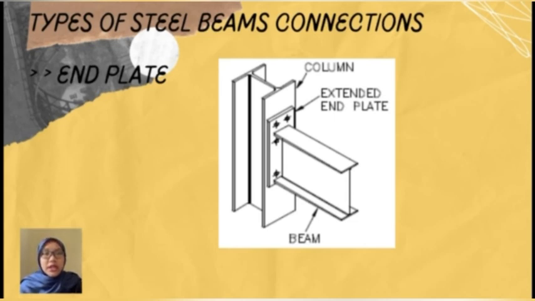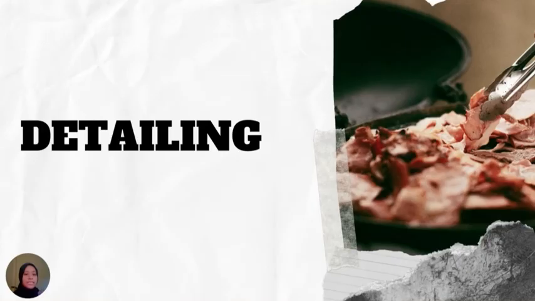It should be known that fabrication and cutting should be conducted with utmost care to avoid errors. For example, cutting the beams to length must be as accurate as possible. Finally, end plate connections are not suitable for tall steel structures. That's all for connection. Okay, so now I'm going to present about detailing